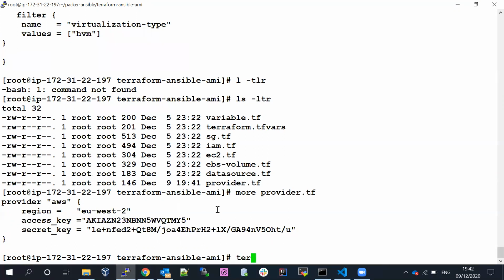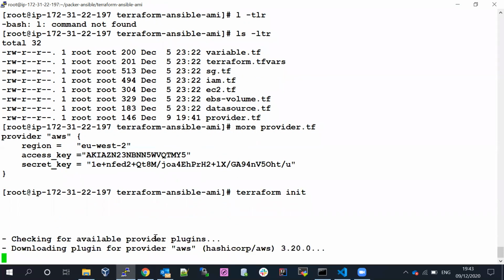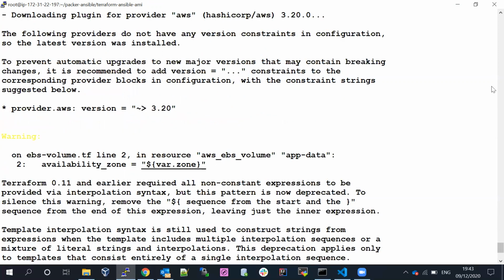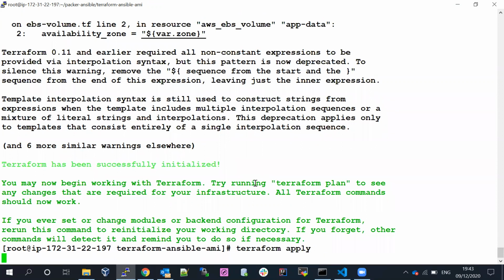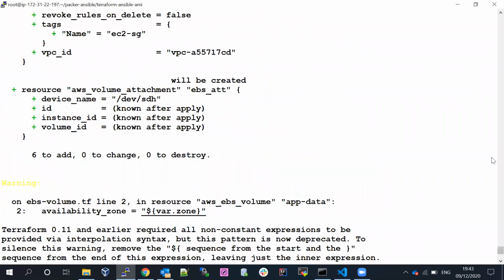If I run Terraform init, it's going to download all the necessary plugins. It automatically takes the AMI which is available in our account based on the data source, so the latest one is going to be picked. If I run Terraform apply, you can see 6 resources are going to be created. If you say yes,